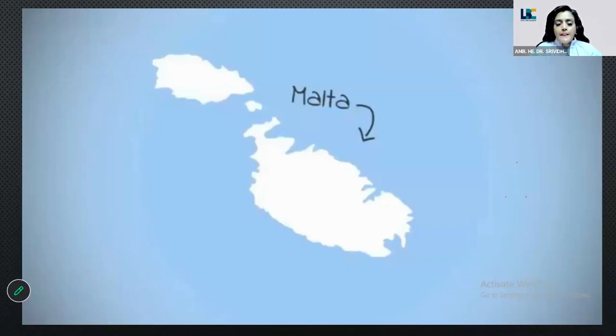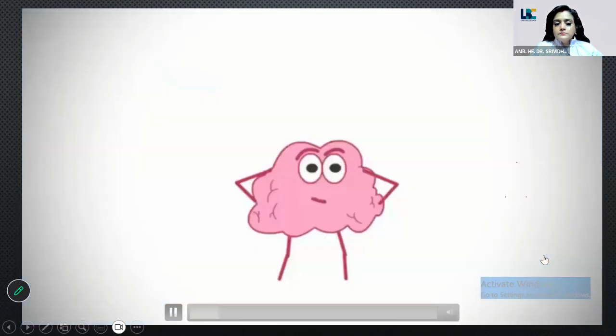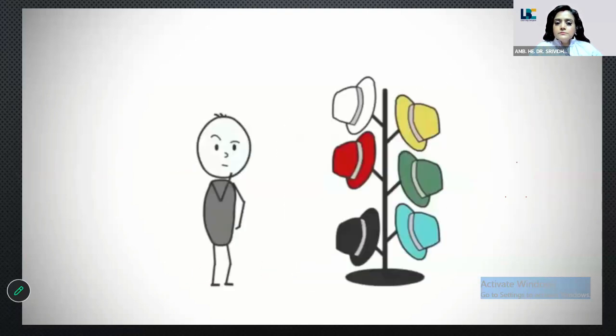In 1985, a Maltese physician called Edward de Bono published a book called Six Thinking Hats. The book described a powerful technique for looking at decisions from a number of important perspectives. The premise of the method is that the human brain thinks in a number of distinct ways, which can be deliberately challenged. If you look at a problem with the Six Thinking Hats technique, then you will solve it using all approaches. Your decisions will mix ambition, skill, sensitivity, creativity, and good contingency planning.